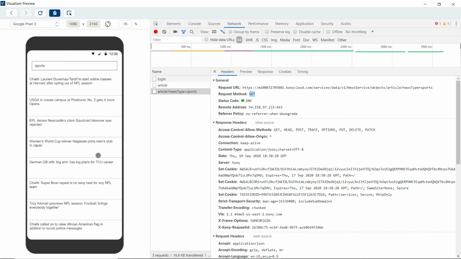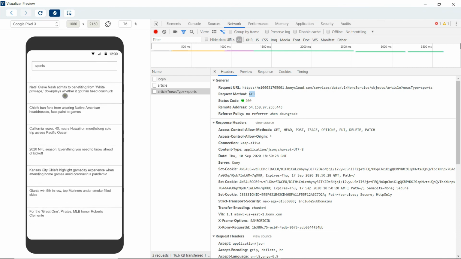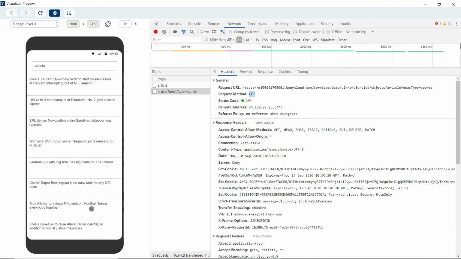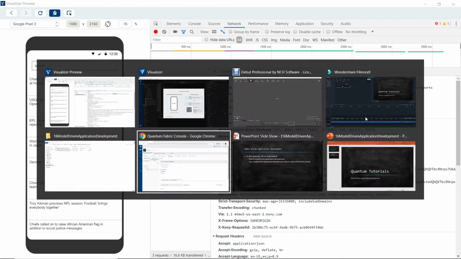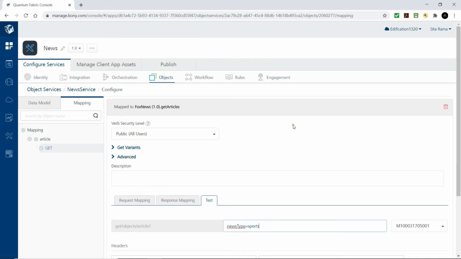Let us see how quickly we can make this client app talk to the NDTV news feed instead of the Fox News feed by using the same data model.